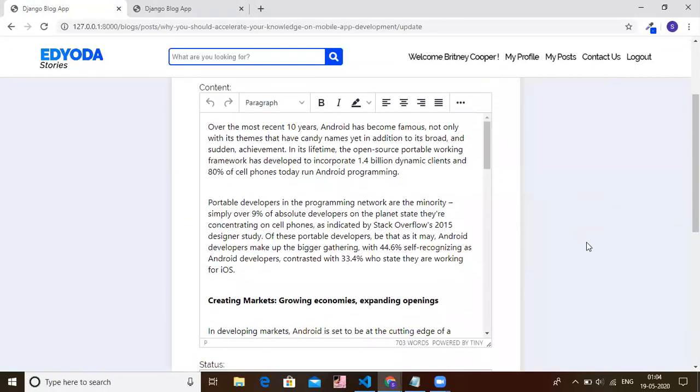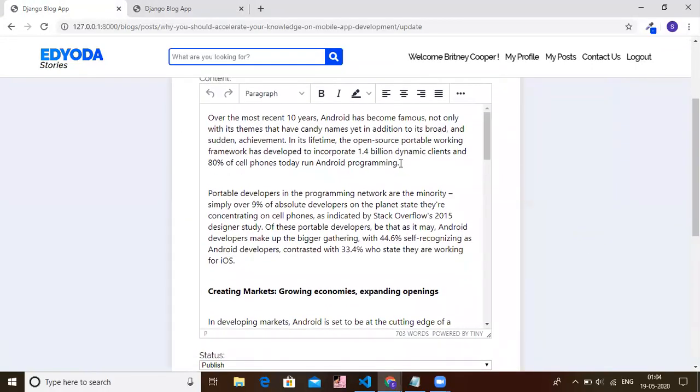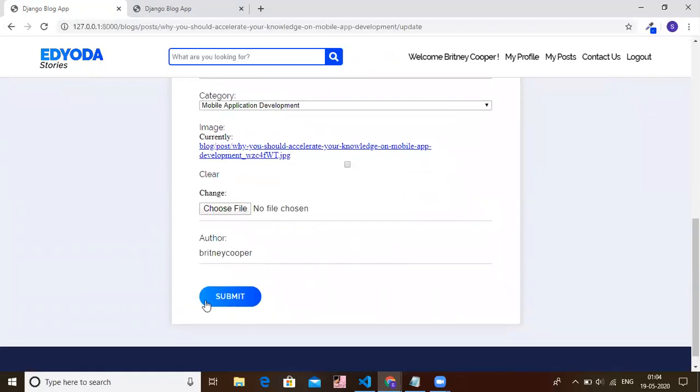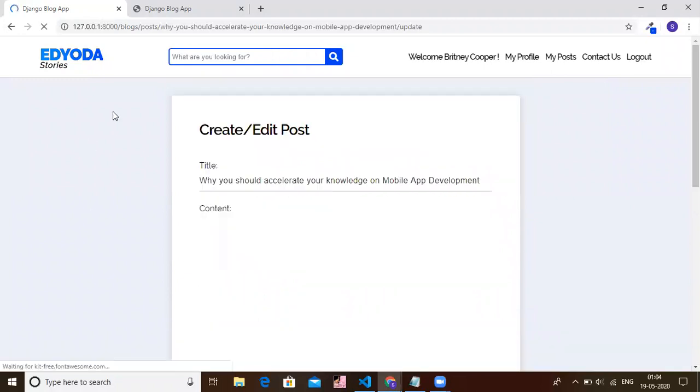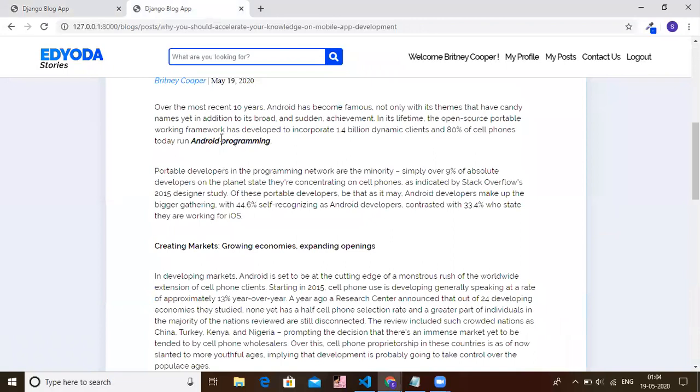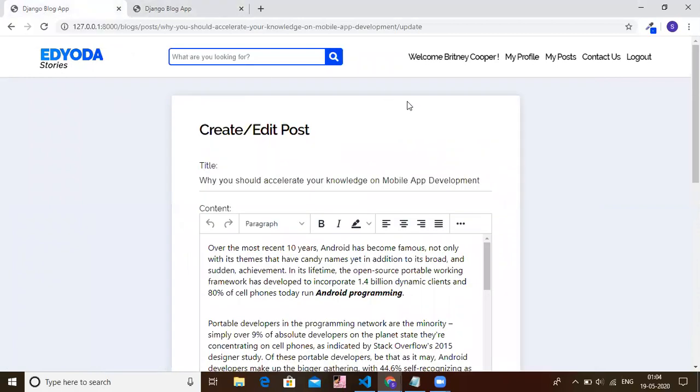Let's say I try to make this bold, Android programming, I'll make it bold, I'll also make it italic, right? Now to save it, I'll just have to click on this submit button. Now if I go back over here and reload this page, we can see that the post was updated successfully.